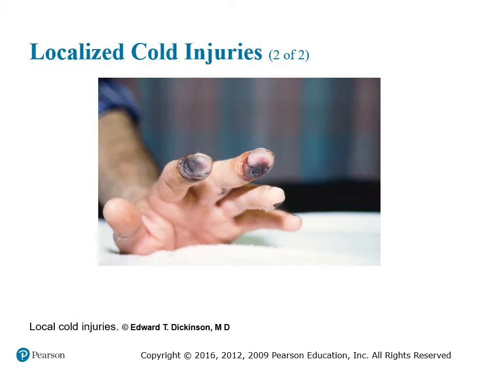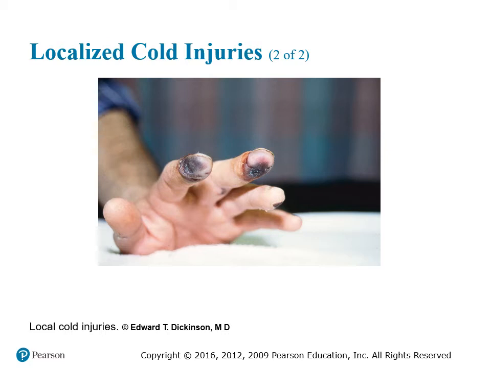So what do these injuries look like? How are we going to see them? For an early or superficial frost nip cold injury, for patients with lighter skin, the skin is going to redden. In patients with darker skin, it can lighten. After the reddening or the lightening, the skin is going to blanch, which means it's going to whiten. Once that starts to happen, it can happen really quickly,